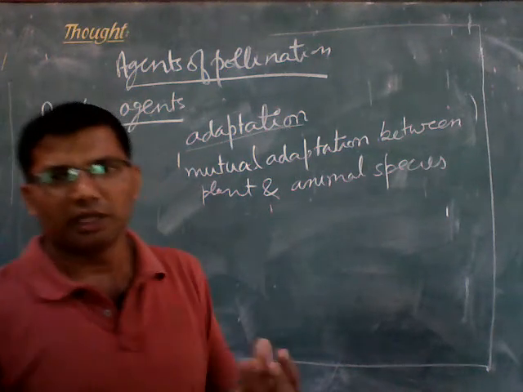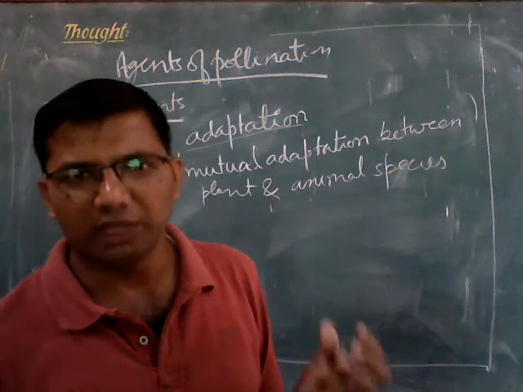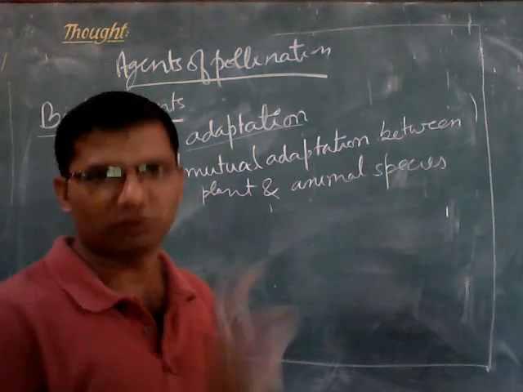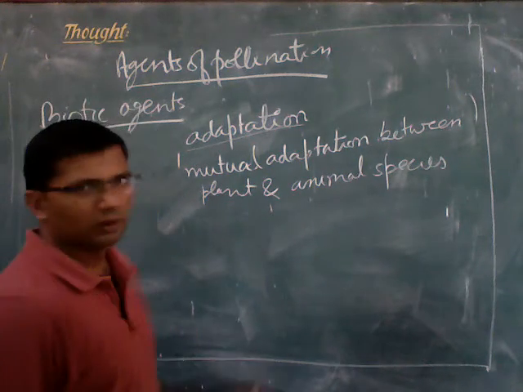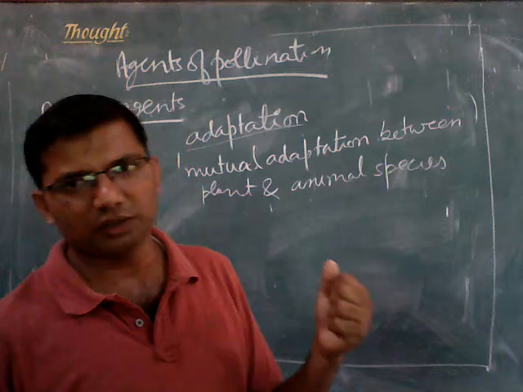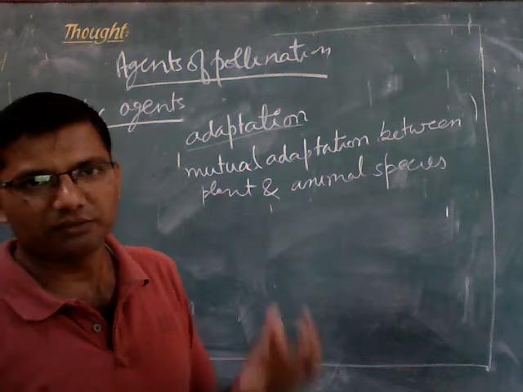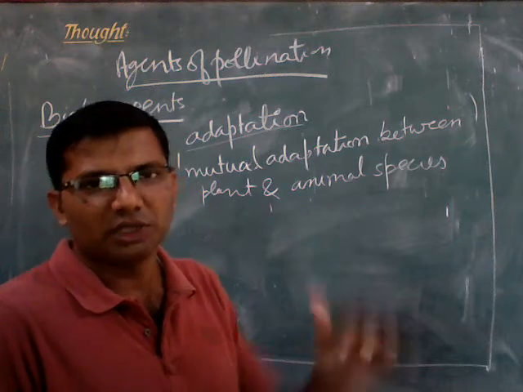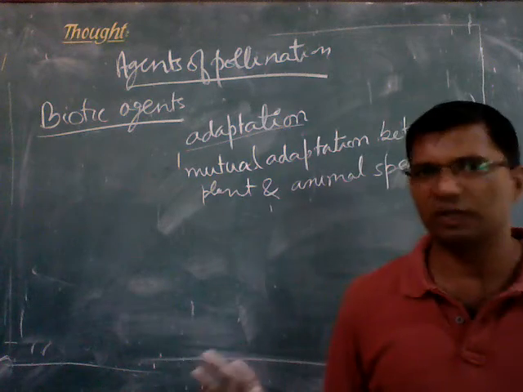For example, a particular plant is not capable of completing its life cycle without the fertilization, rather without the pollination brought about by that particular organism. Okay. So these organisms are adapted. They regularly visit those plants, and those plants also are dependent on those organisms for pollination. That is why it is said that if the population of the butterflies or the bees or the honeybees comes down drastically in a given area because of the use of either weedicide, herbicide or pesticide,